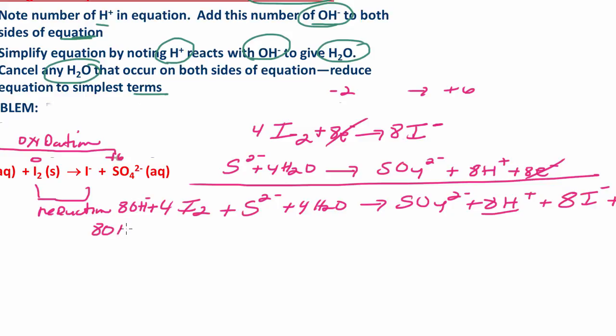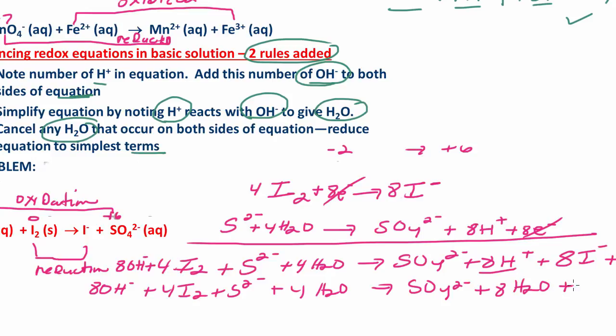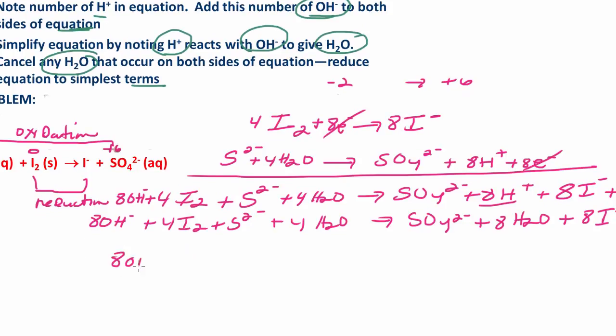So we have our 8 hydroxides plus 4I2 plus sulfide plus 4 waters, and plus 8 water molecules plus, what am I missing here, 8 iodides. Now we have 8 waters on this side and 4 on this side. I can subtract 4 waters from both sides, and our balanced equation will be